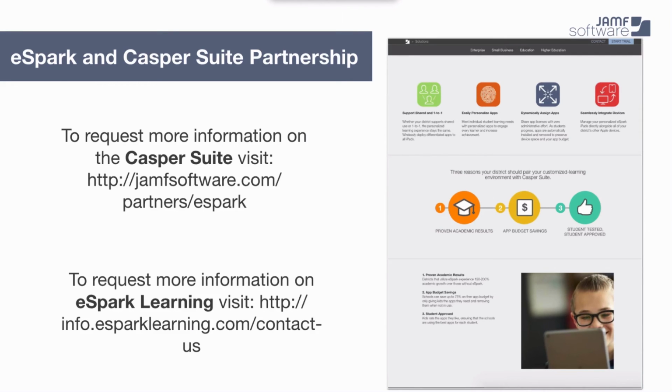Terrific, great, thanks. And there was a question directed to Jamf sort of about the apps, and Ray from eSpark already covered how they vet the apps and determine that they're aligned to standards. The other apps within the district, that's where the Casper Suite comes into play, outside of being used by eSpark to be deployed down to students. And that really is individualized at the school level, and each school has their policies and their procedures. And the Casper Suite just enables that ability to do it wirelessly at the moment of purchase and very easily to retain those apps. But the decision making of which ones to buy really goes back to the district. Ray at eSpark,